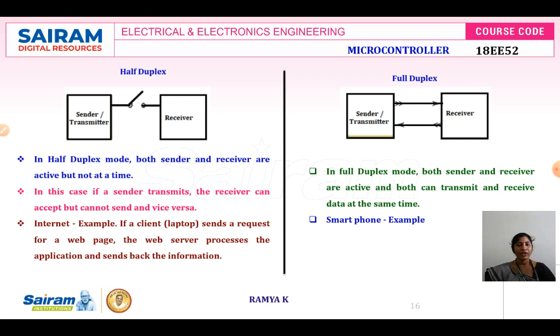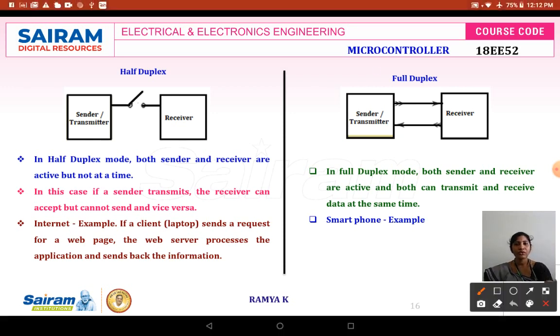When the sender is going to send the data, the sender has to use one communication channel. One communication channel is used by the sender to send the data, and the other communication channel has to be used by the receiver to send the data. Here the data communication happens in both ways. So if you want to send the data simultaneously, you have to prefer full duplex mode of transmission.